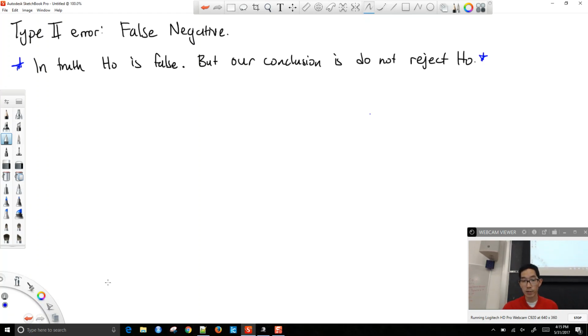That's the false negative. Again, it's not because we did something wrong, but just because of random sampling, maybe we didn't get a p-value low enough. So an example of this scenario,